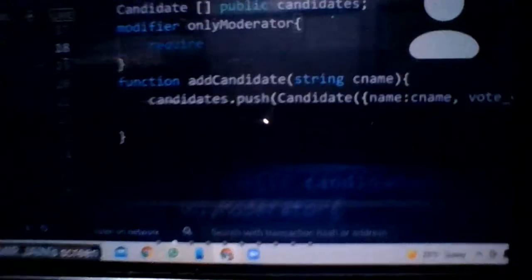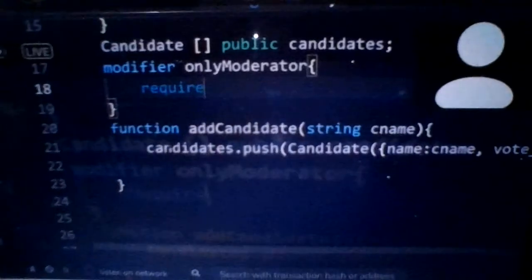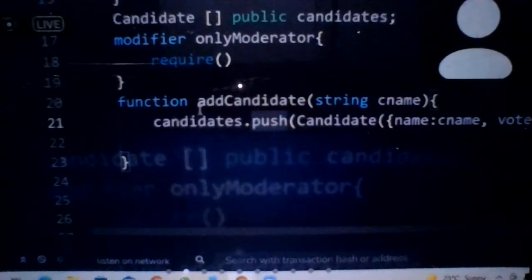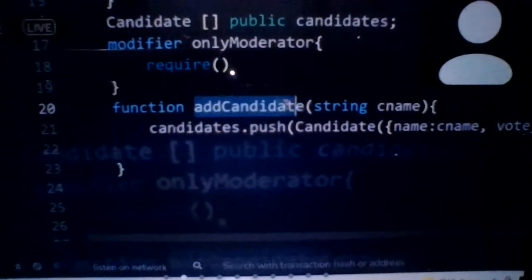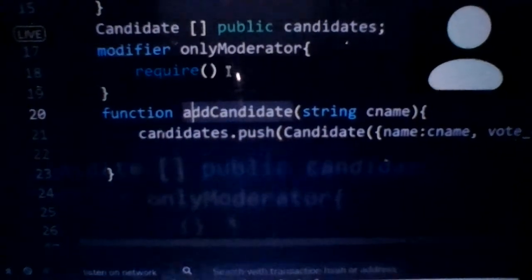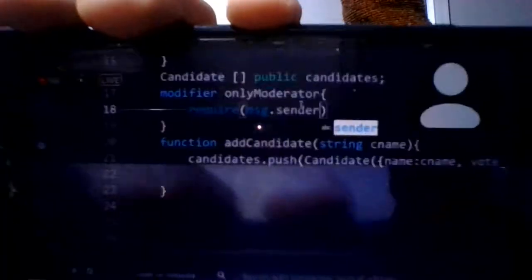So we have to add something that is required. We have to type require. What is required? That the person who will call this function is message.sender. Message.sender is the person who is calling this function.